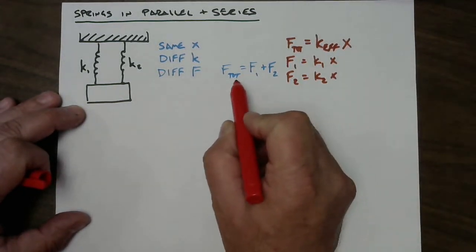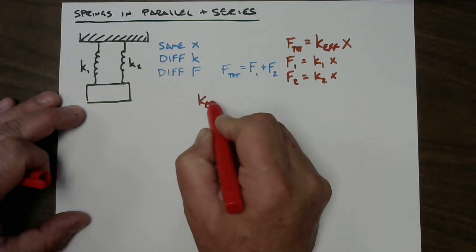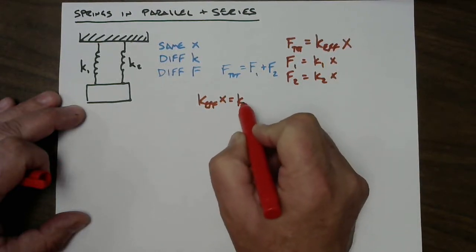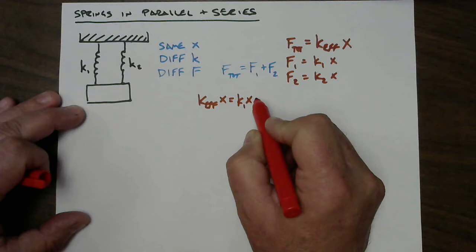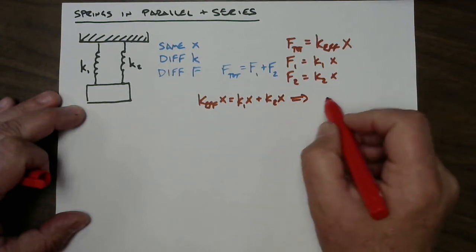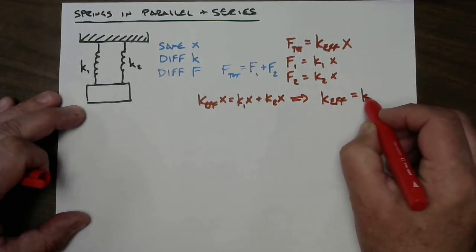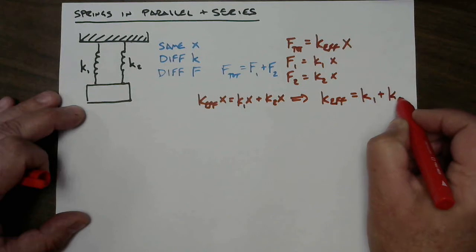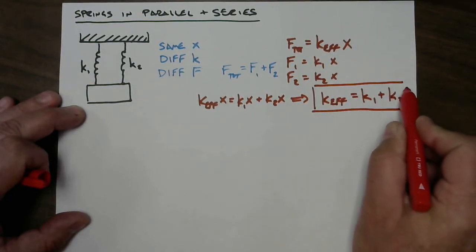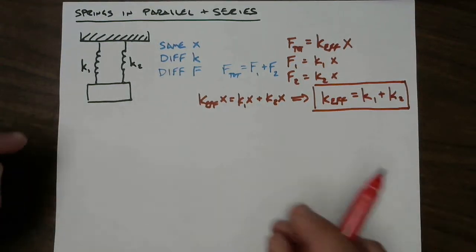So we can now use this statement here and we can put in our information. So K effective times the stretch is going to be K1 times the stretch plus K2 times the stretch. And the stretch cancels out, leading us to the result that the effective spring constant for springs in parallel is simply the sum of the two spring constants. Two springs in parallel act like a spring that is stiffer, or larger spring constant, by just kind of adding